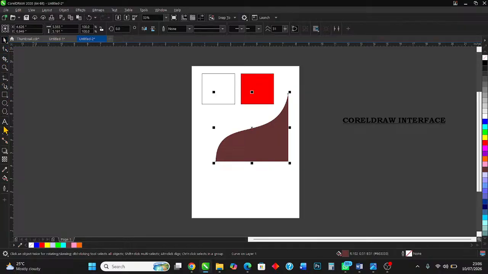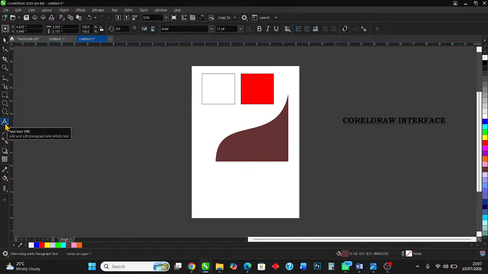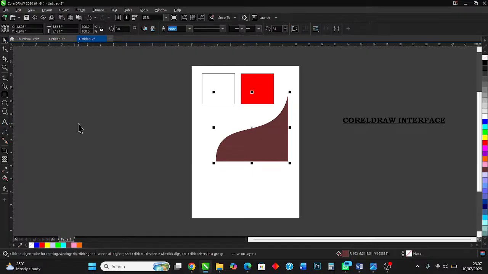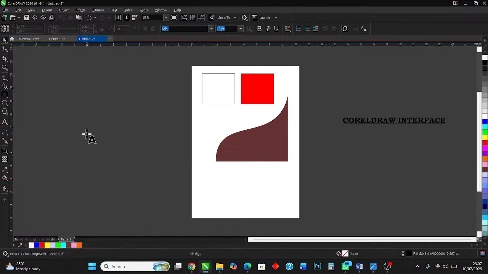Now let's jump to the rest and go to the text tool. Click on the text tool, you can see it's the icon on your toolbox. You can bring it to life by just hitting F8 on your keyboard and voila, you can see the cursor changes to a plus and an A. If you click, you see the cursor there, and you can type. Let's say you type Corel